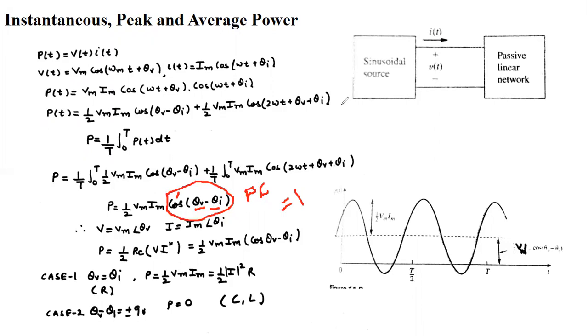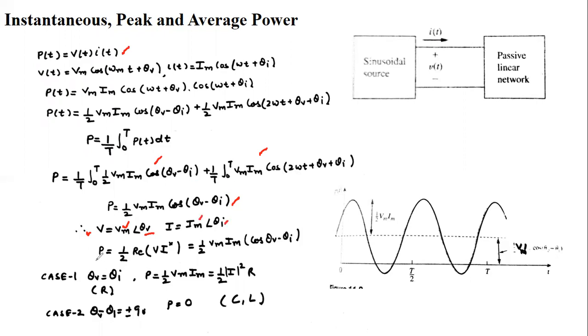Okay. So till now, what we have discussed is that this is the instantaneous power, and instantaneous power has two terms. One is a constant term, the second is a time varying term. The average value of power is equal to this. Now important, if we want to represent this in phasor form, the voltage V is equal to the peak value of voltage Vm with angle theta V, and I is the peak current Im with angle theta I.